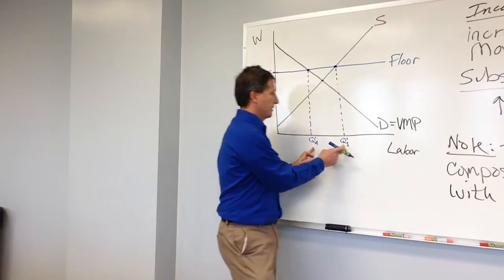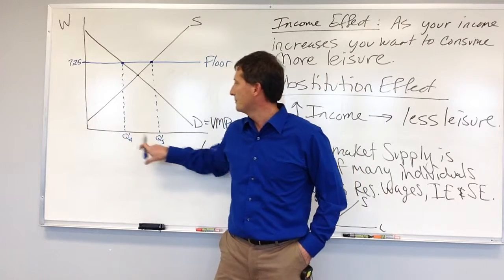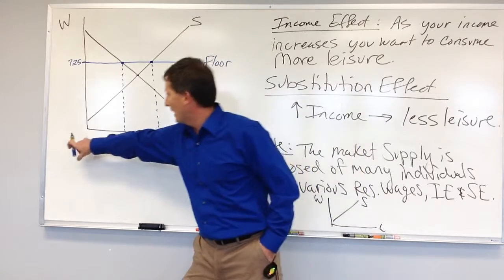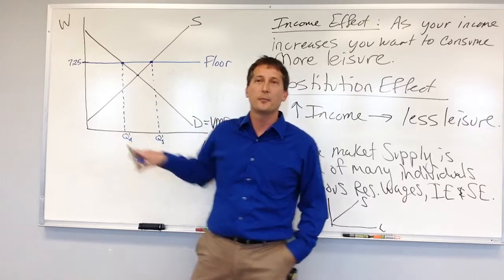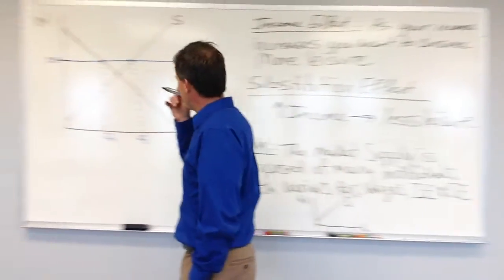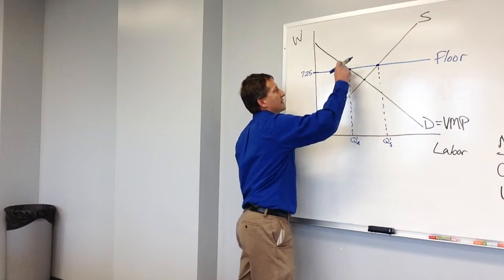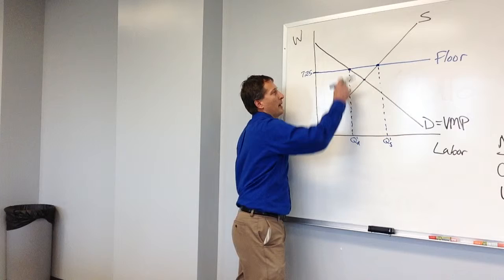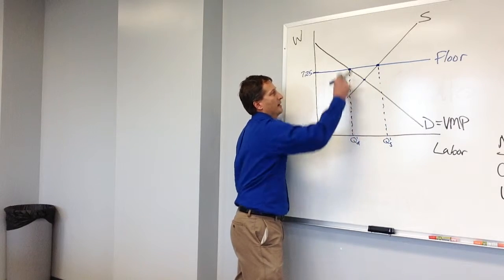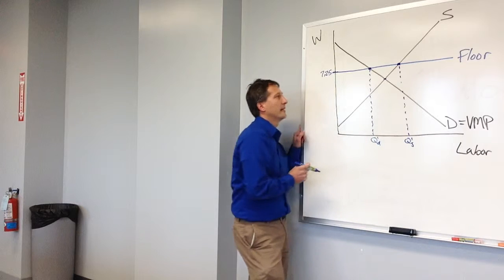And as was stated, these are your unemployed people. These people have jobs at the minimum wage. Okay, now, what would this rectangle be? Thinking back to when we did that exercise, what could that possibly represent, that rectangle?